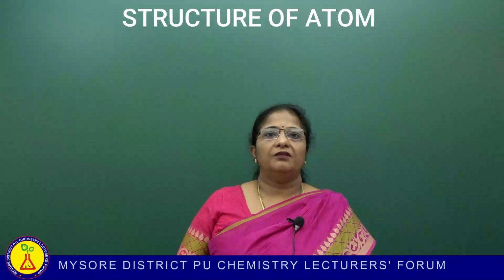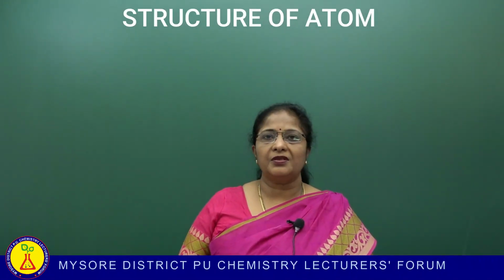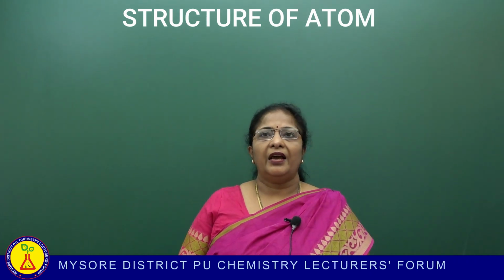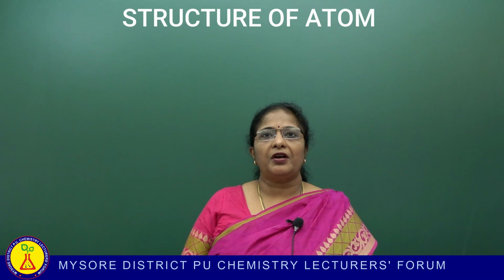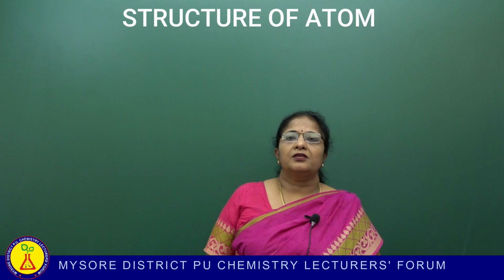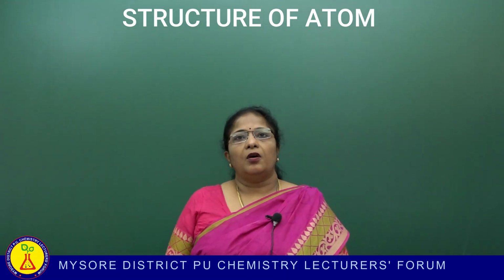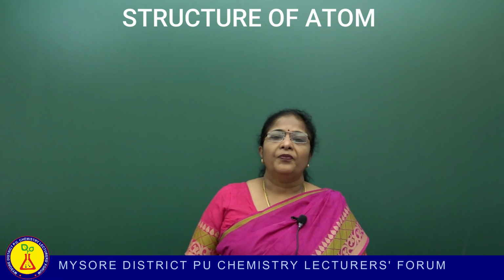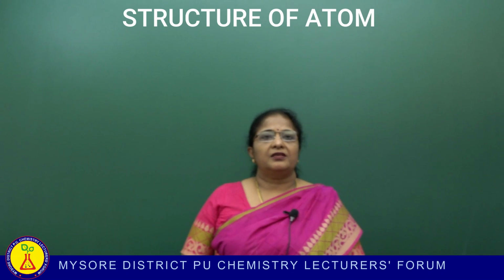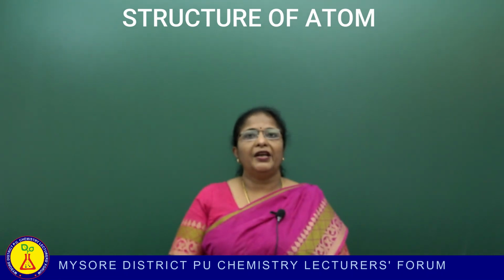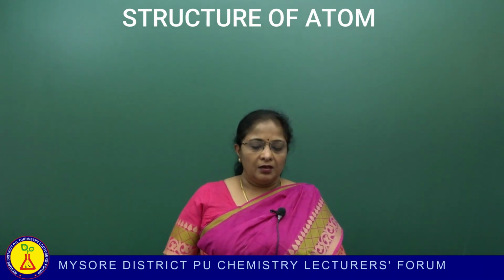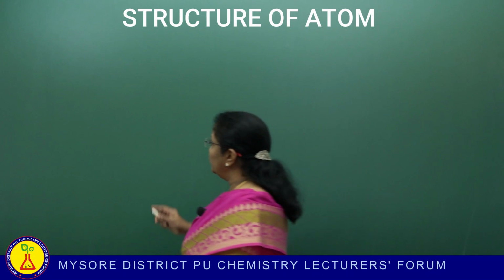In the previous session, we had talked about the various quantum numbers and the various energy levels which are present in an atom. So today we will be talking about how the electrons occupy these orbitals, or how these orbitals are going to be filled up. Now a set of rules is required for the filling up of the orbitals, and the various rules are as follows.